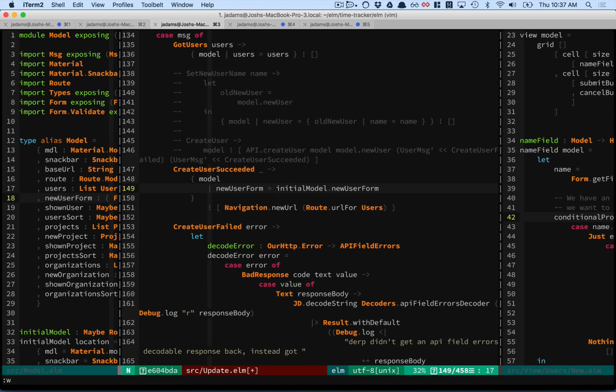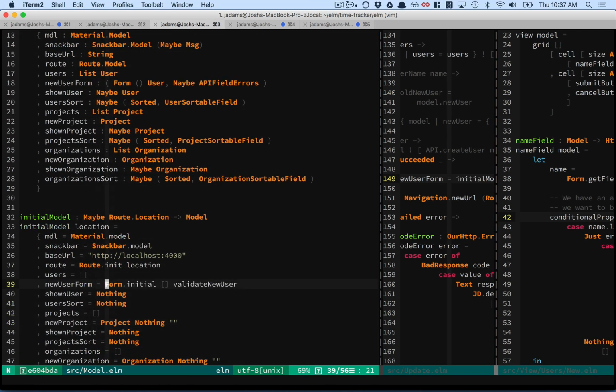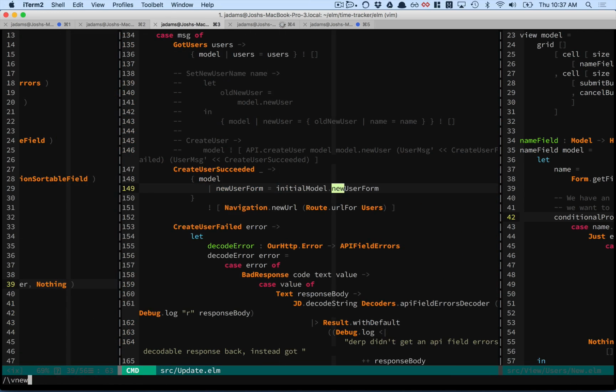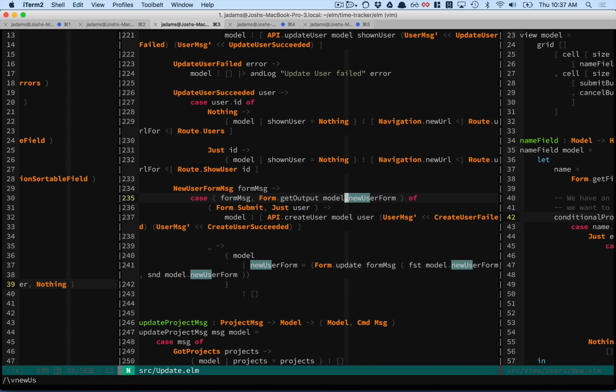Totally. Okay, so this new user form, our initial model does not have the right shape for new user form. So initial model should be, we have this and nothing. And then I have all kinds of other places that I use the new user form. They all have to treat it like a tuple. Cool, I don't do anything with it here. And then here I say,